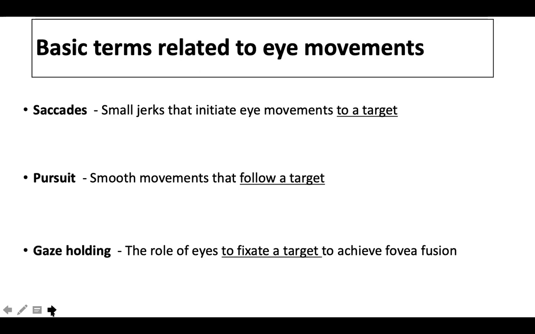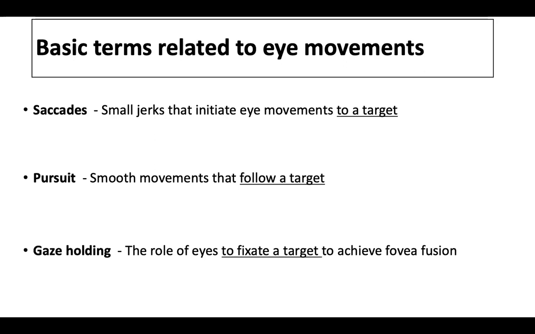So your gaze holding is contributed by your pons, medulla, and your cerebellum. Again, I'm not going into your anatomical details, but if there is an issue in your gaze holding, if you're not able to hold your gaze towards one particular target, your eyes can randomly move about to and fro, which logically could explain your nystagmoid eye movements. So impairment of gaze holding leads to nystagmus. But if you want to follow a target, your eyes should move smoothly, but sometimes it also requires your eyes to jump from one position to another position, and this jumping of eyes from one position to another is achieved by means of small jerks known as saccades.